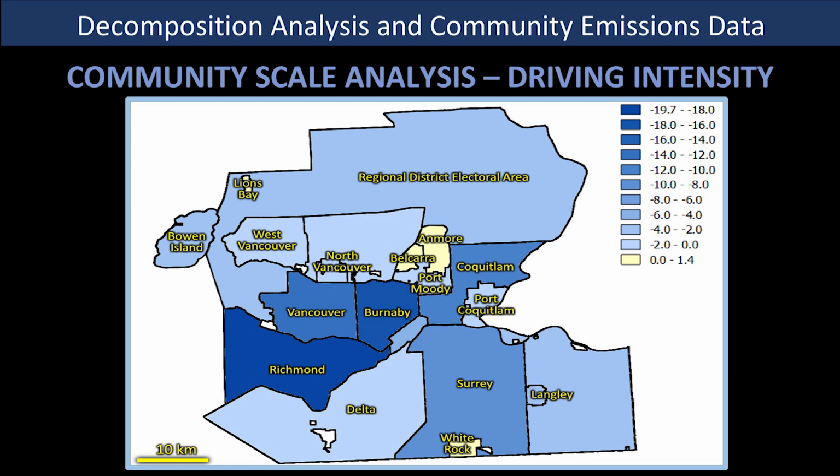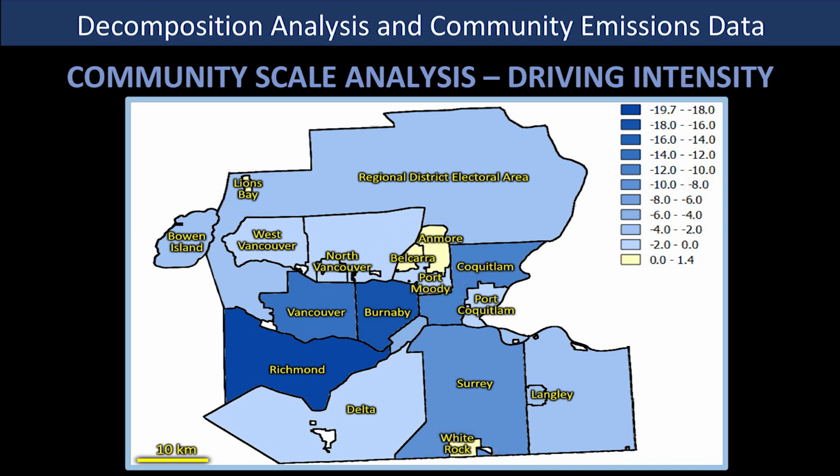You can see those pale white yellowish areas right there of Lions Bay, Belcarra, and White Rock. These areas can be considered bedroom communities, and they're actually showing a little bit of increase. So by looking at this, we can say, okay, as a region, these are where our challenges still lie. We can think about perhaps enhancing the transportation network, or maybe this is something that communities also want to take on, densifying their own neighborhood nodes.